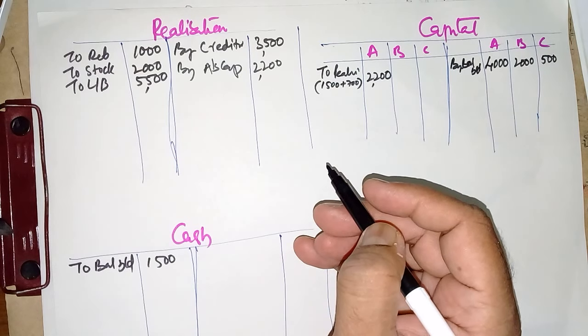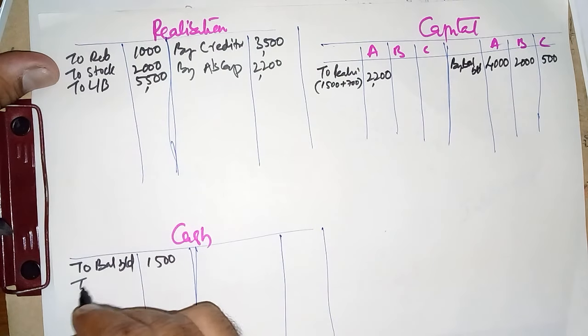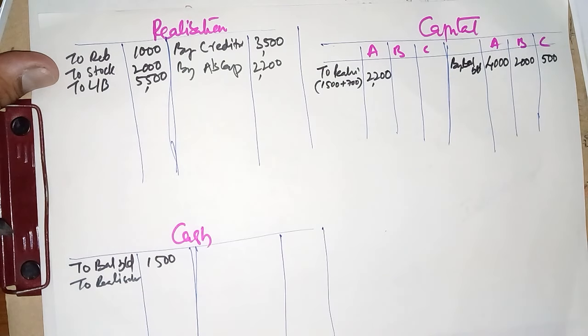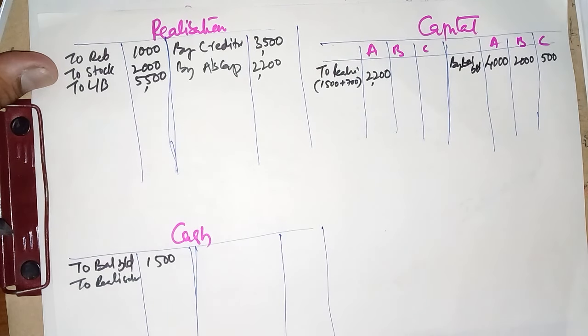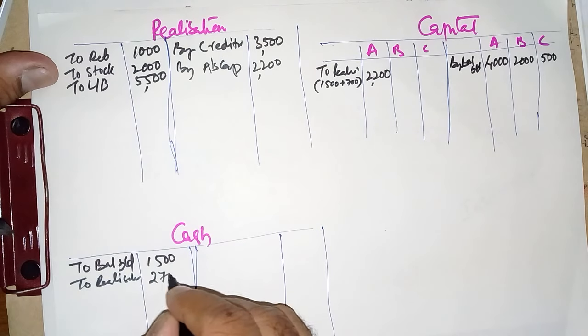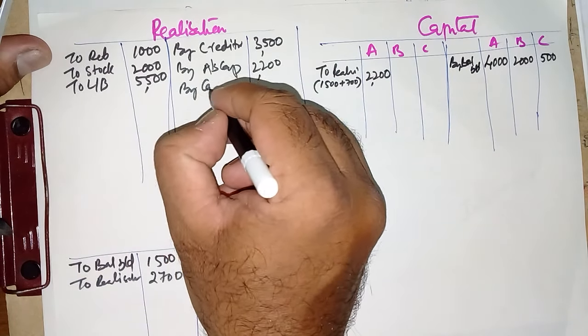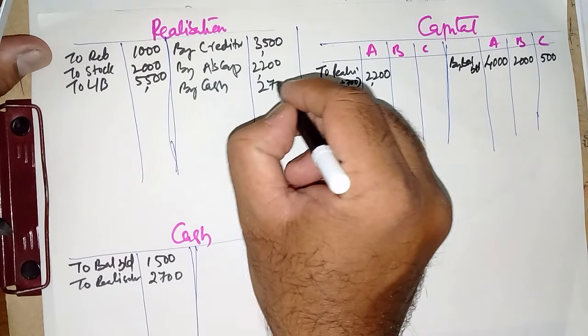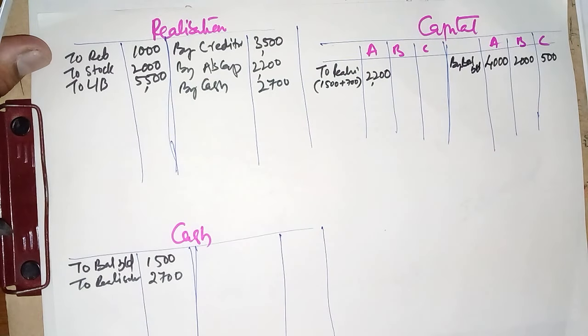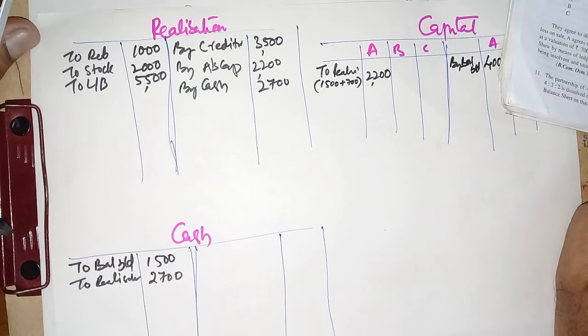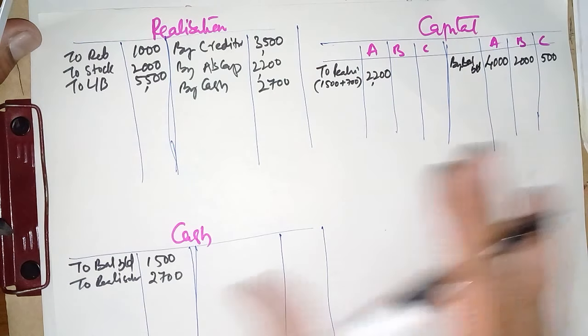Cash account debit to realization. At what price did we sell off? We sold off at 2,700. In realization we write by cash account 2,700. Right? So once this is done, as I told you in the dissolution event, once everything is done, we